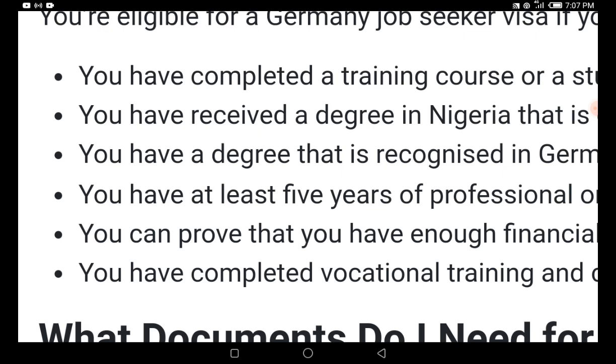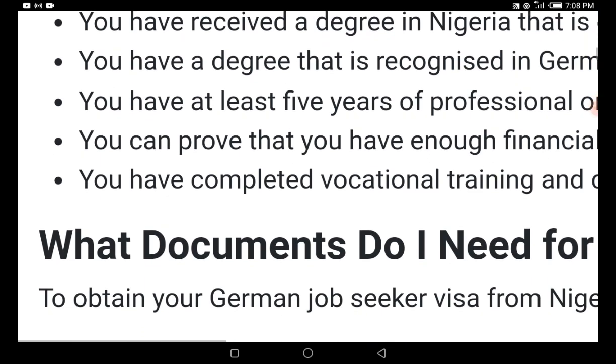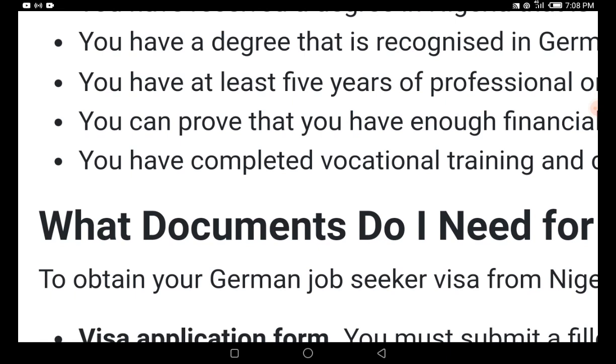If you have completed a vocational training and you can show proof of German language, you are eligible to apply for this job seeker visa. If you look at all these eligibility requirements, you are going to see that it is not different from what we have on the list of the Opportunity Card that the German Minister of Interior just released. Okay, now if you've met all these requirements, then you need to know that you cannot just